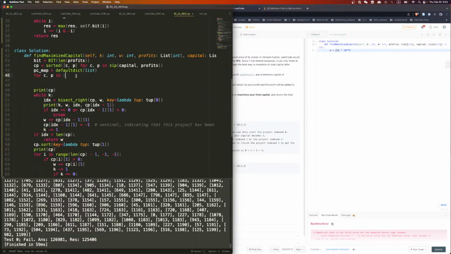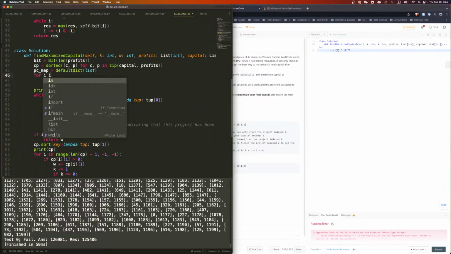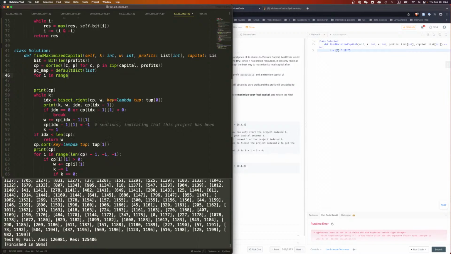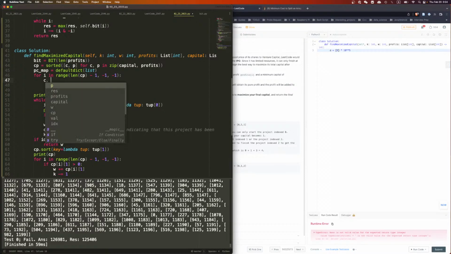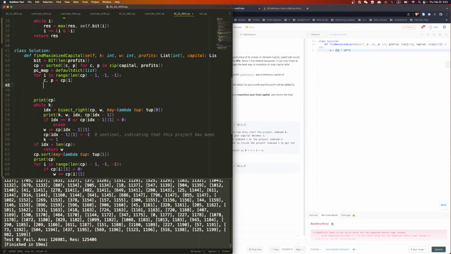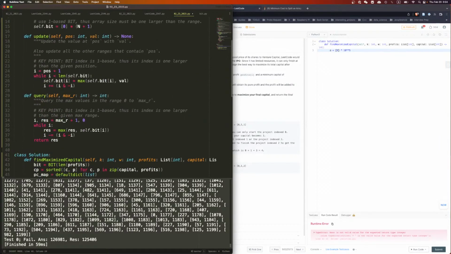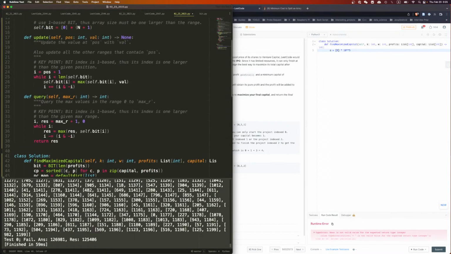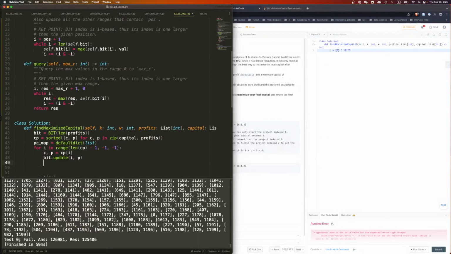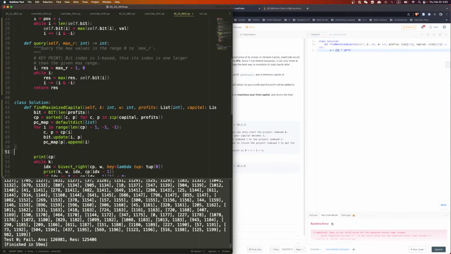All right, so what we need to do is, for i, we're going to go from right to left, and then we can pop the front, in range(len(cp) - 1, -1, -1), right? For each one we say cp equals cp[i]. Then we say bit.update at the i position with the profit, and then in the pc map with the profit, I can append i, but that's the largest capital. So we'll do that, and after we do that,